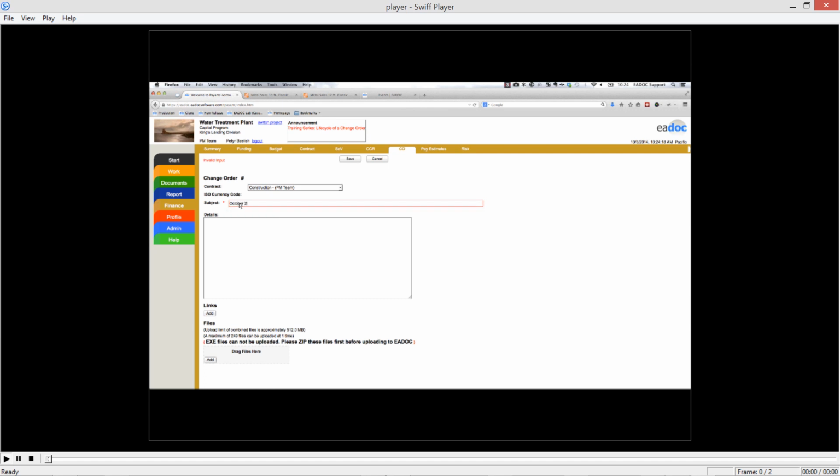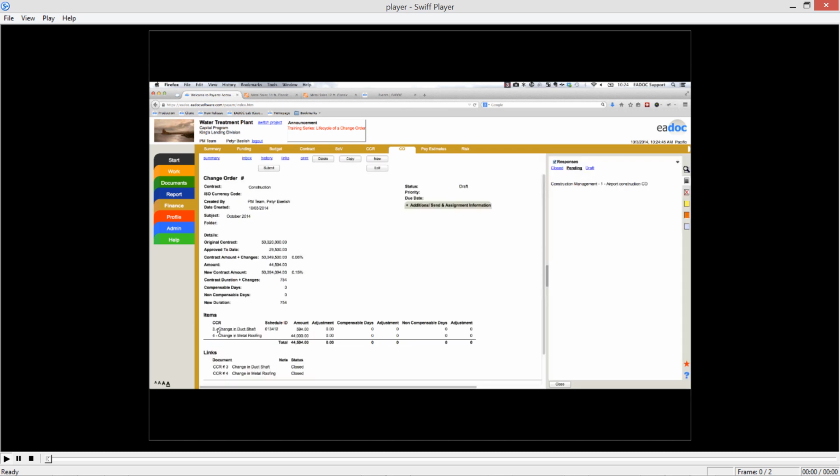And it's going to pull in any potential change orders that have not already been assigned. So I might have some details that I want to put in here. I'm going to go ahead and leave it blank and click Save. You'll notice I don't have any money in there yet. What's going to happen is the system's going to look at that contract and look at all the potential change orders that have been approved and closed, and it's going to pull them in when I click that